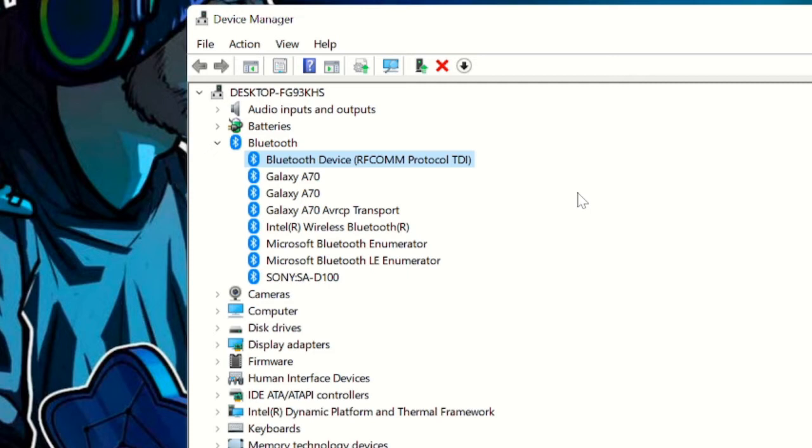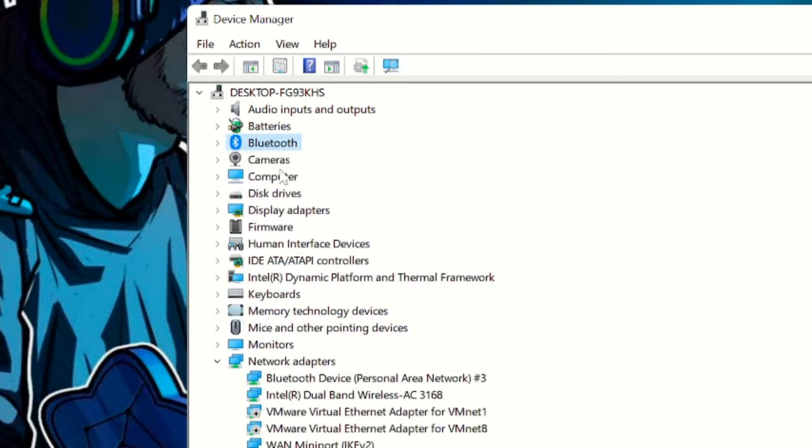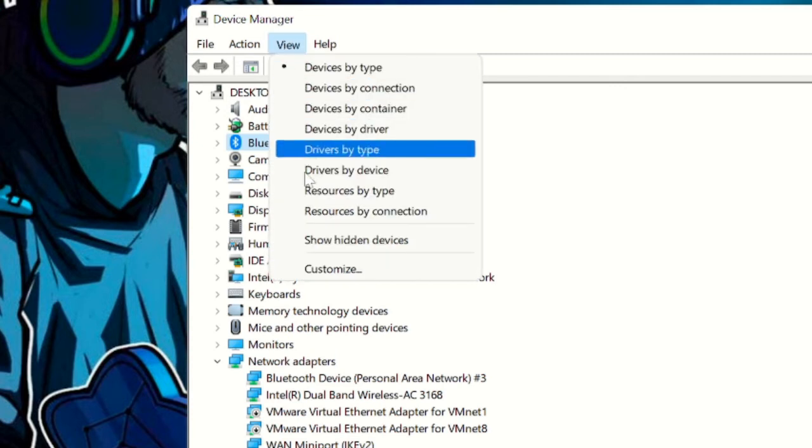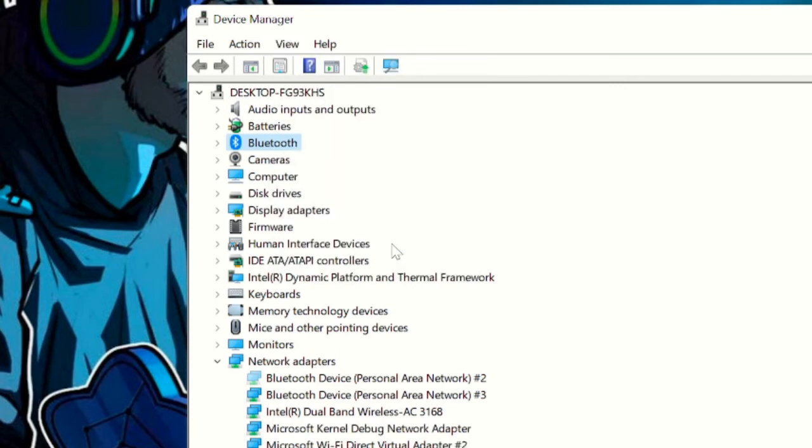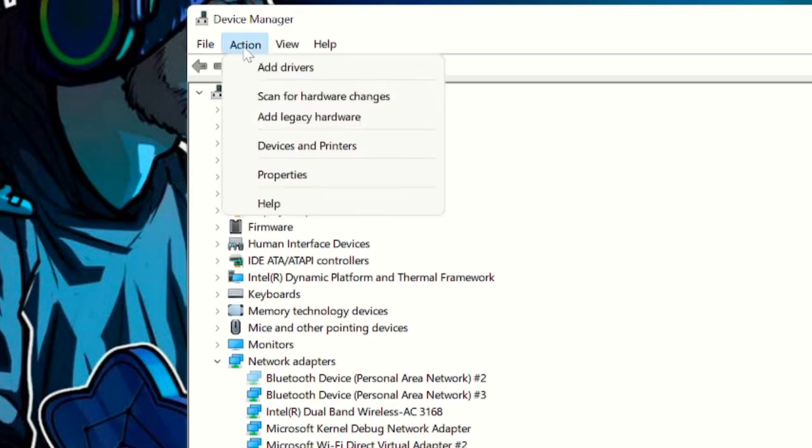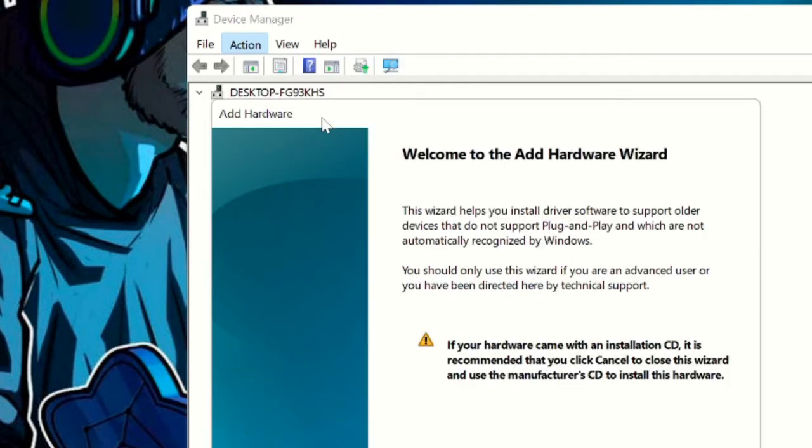Now many people have issues that they don't see the Bluetooth device icon here. So what they can do, they can click on view and choose show hidden devices. Okay, if it's been hidden, it will bring that back. And if they don't see the Bluetooth icon, then they can click on action, then click scan for hardware changes again. And still if it doesn't work, then click on add legacy hardware, then hit on next,